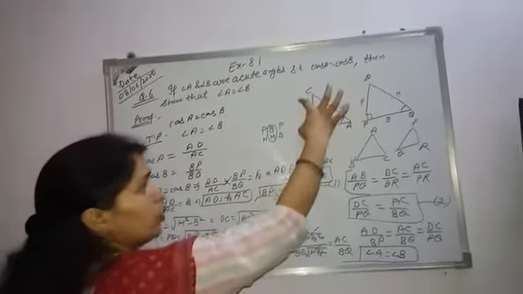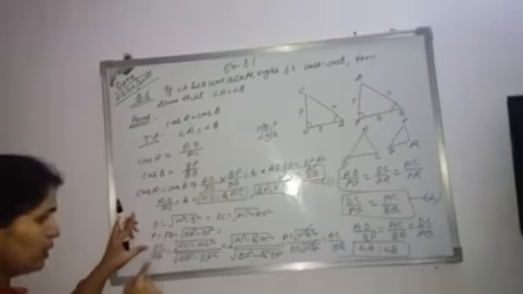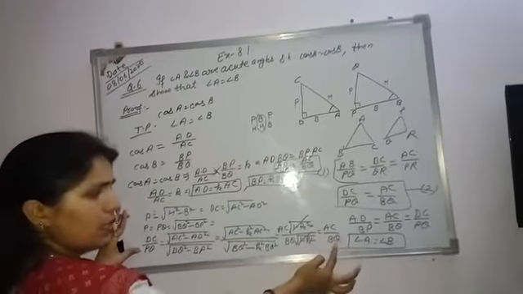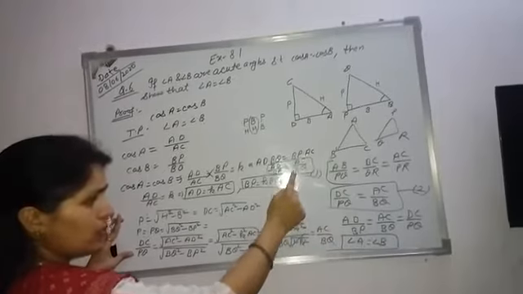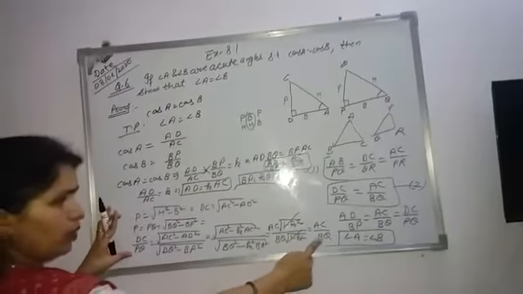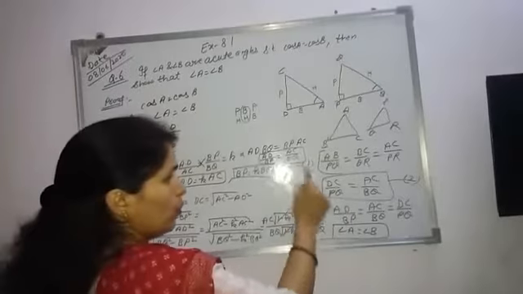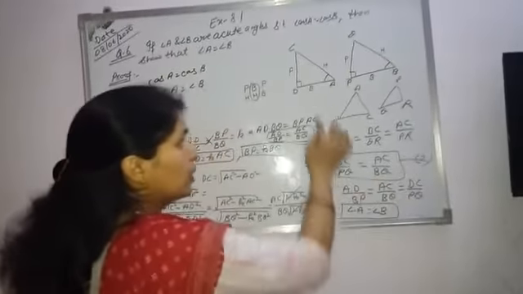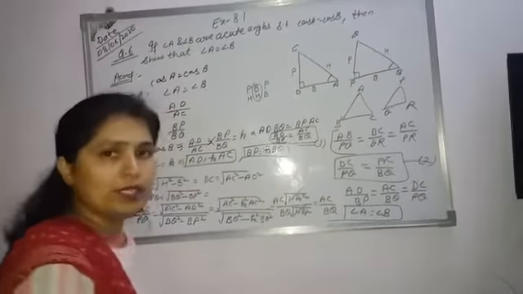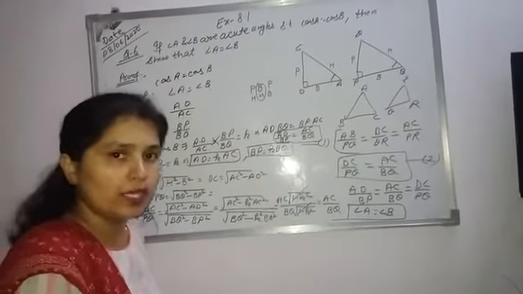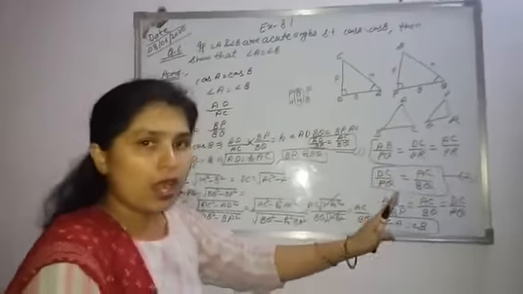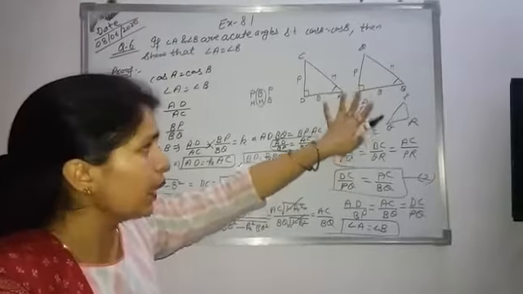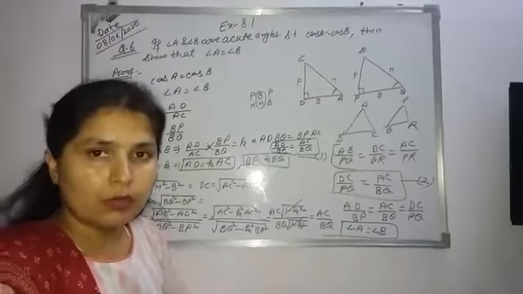Now find out the ratio DC divided by PQ. After solution, we obtain this term AC upon BQ. The first equation is this one, and the second equation we obtain from this relation. So from these two equations, what relation do we obtain? That the ratio of the corresponding sides of these triangles are equal. So that's why we can say that these two triangles are similar, and we obtain angle A is equal to angle B.